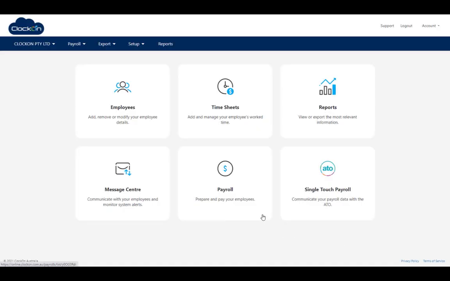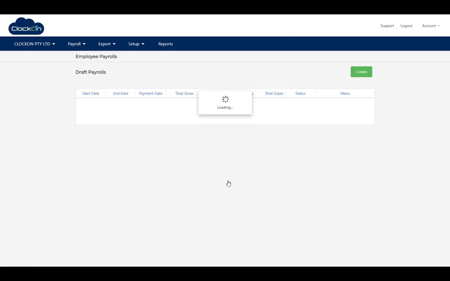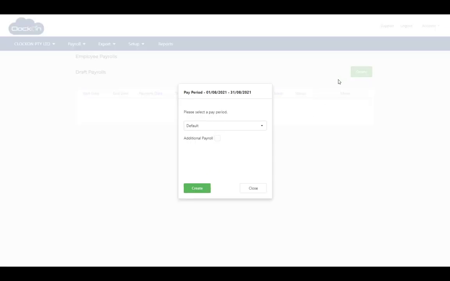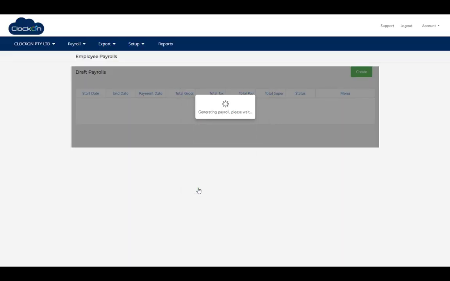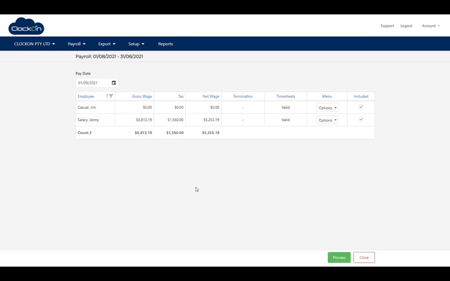Now we're ready to process a payroll. Click payroll. Create, just checking our dates. That's August, which is what we want. And we can see here a summary of what's to be paid out. We've got wages for our salaried employee because she's had her timesheets generated from her working week, which we saw earlier. And no wages yet for Jim because he doesn't have any